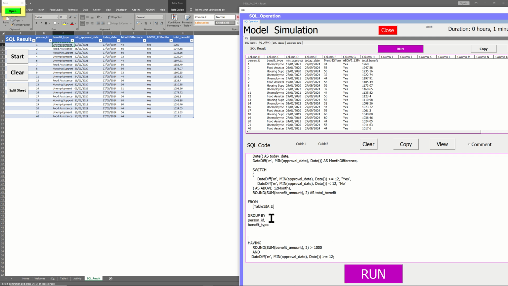So I'm just going to come here now, and from this I'm just going to put equals to that, and it will now be where the benefit type is, what I want to do. Where the benefit type is now equal to unemployment. So what I want to do there is to try and filter this particular C column, and everything should be okay, and this